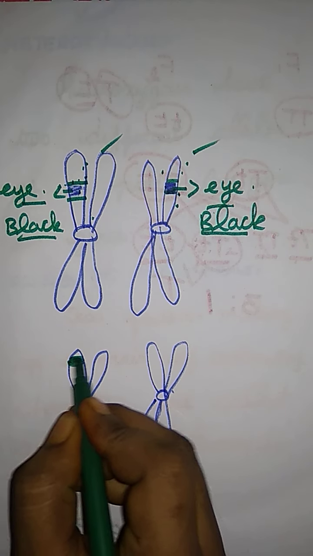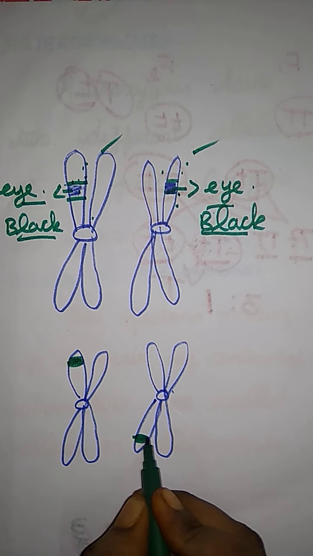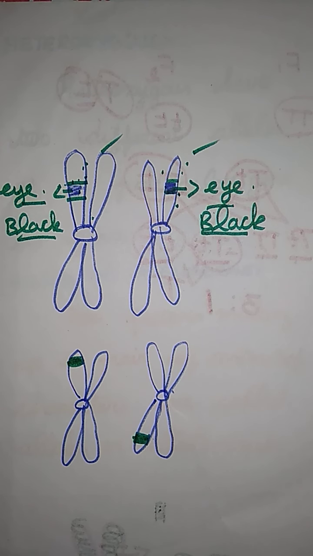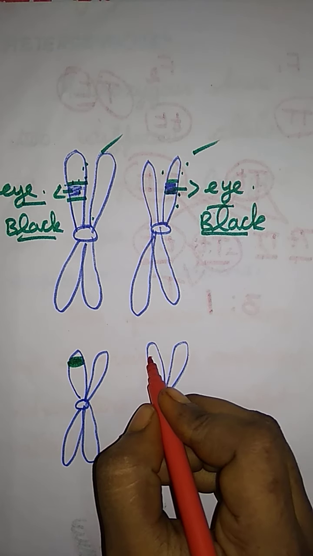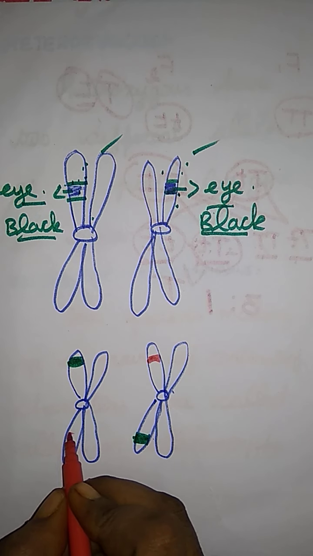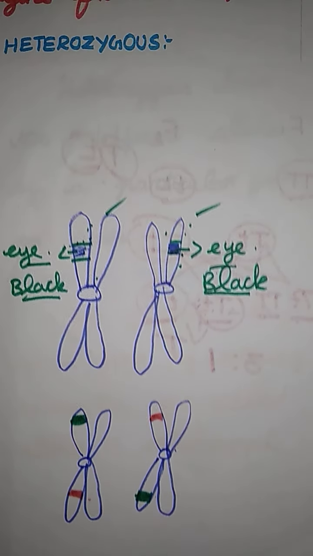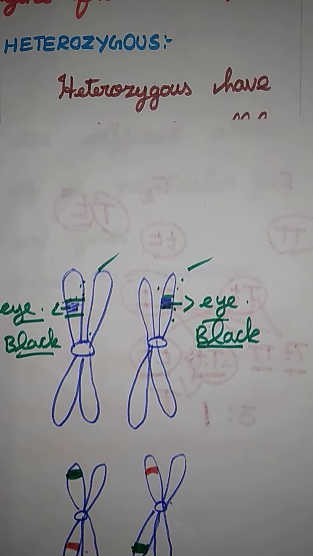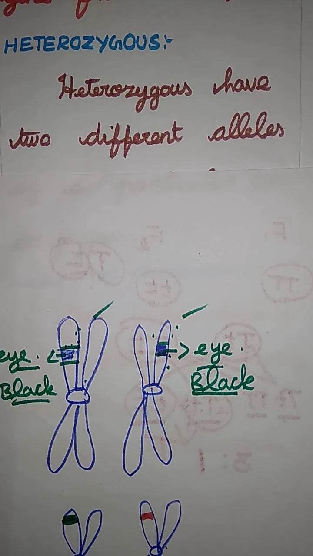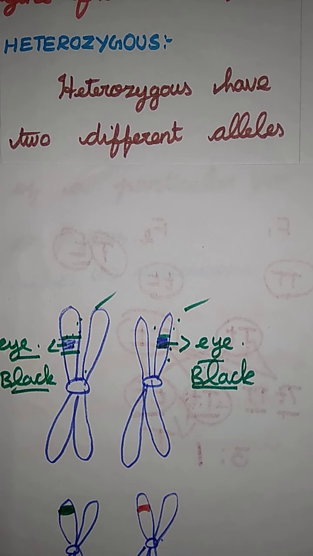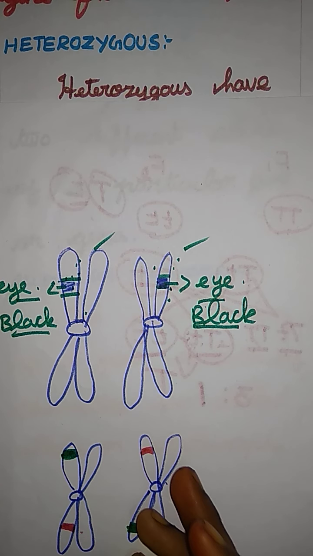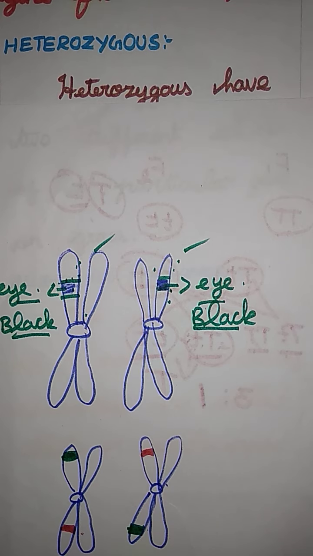Here they are having eye color, and this side also eye color and hair color. Heterozygous has two different kinds of alleles. Here they are having a black color, and here they are having a grey color. Two different alleles